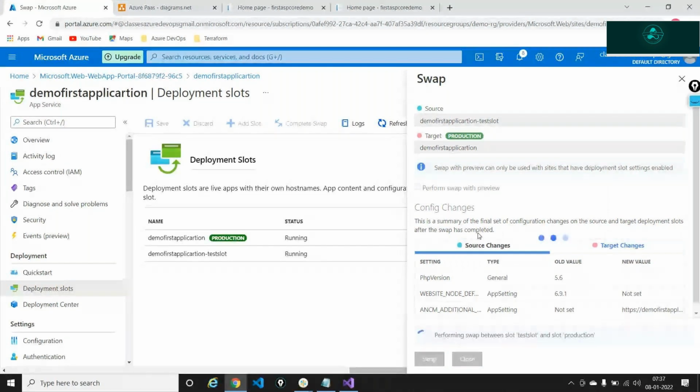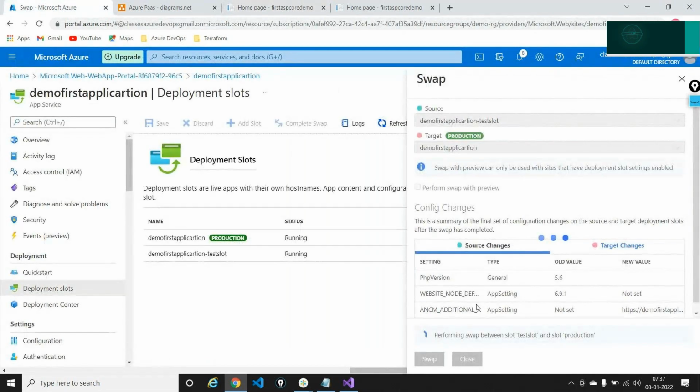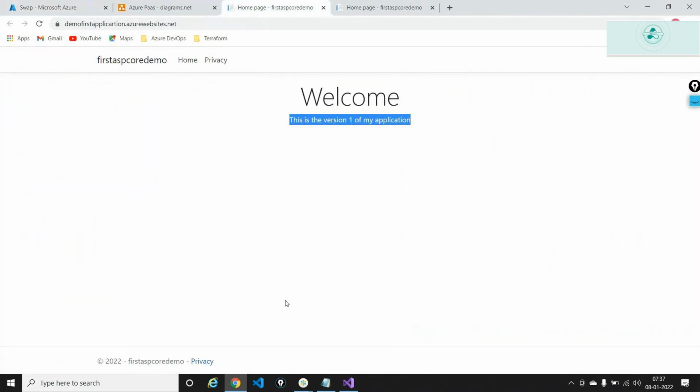It'll take a minute or so. I'll just go ahead and it'll swap the entire code out here. Now, what's going to happen is that even during the swap, or even when the swap is happening, your applications are not going down. This is happening very silently in the backend without impacting your actual application. Your actual application is still happy, it's still running version 1. So this is okay. This is not being impacted, and this is happening in the background. So it might take somewhere around 2 to 3 minutes for this to happen. But in those 2 to 3 minutes, the application is not going down. The application is still up and running.